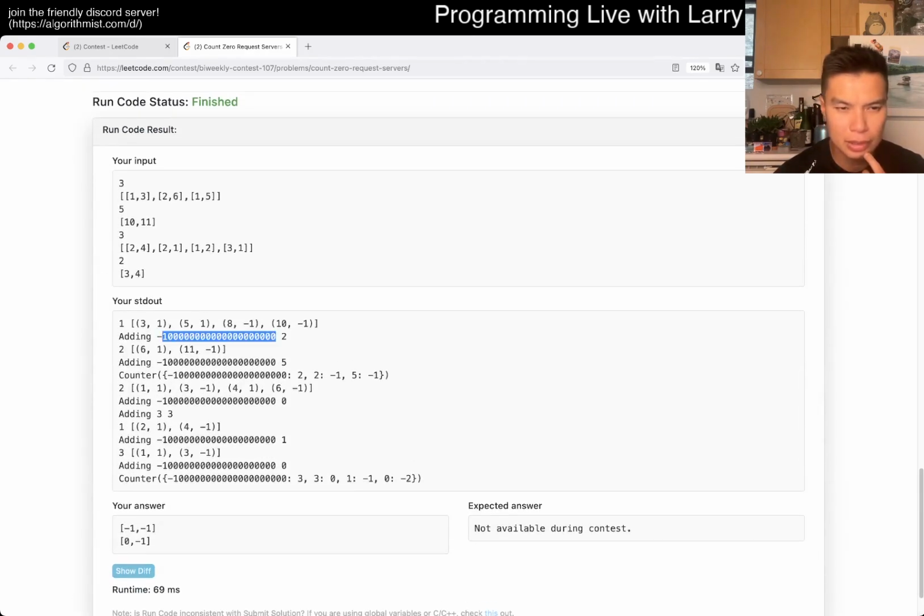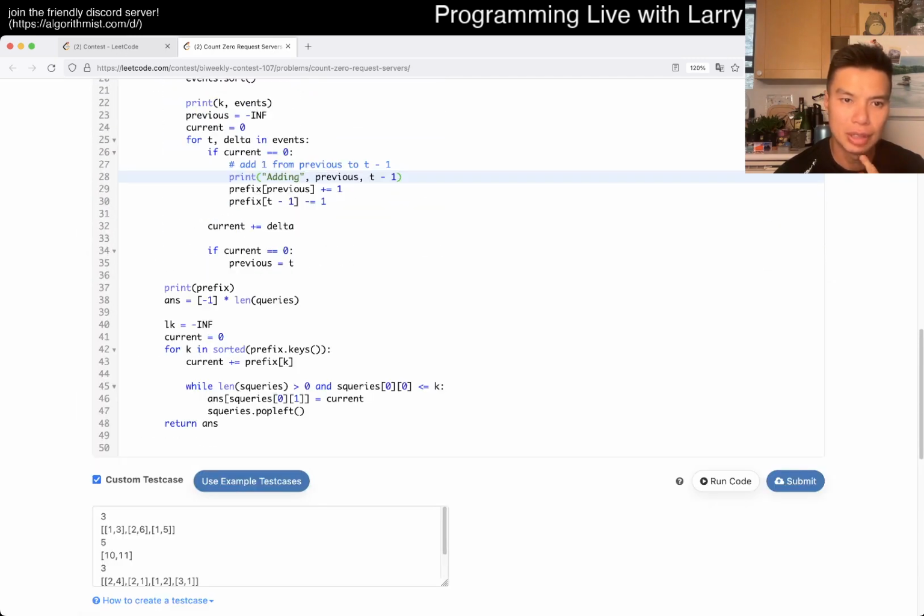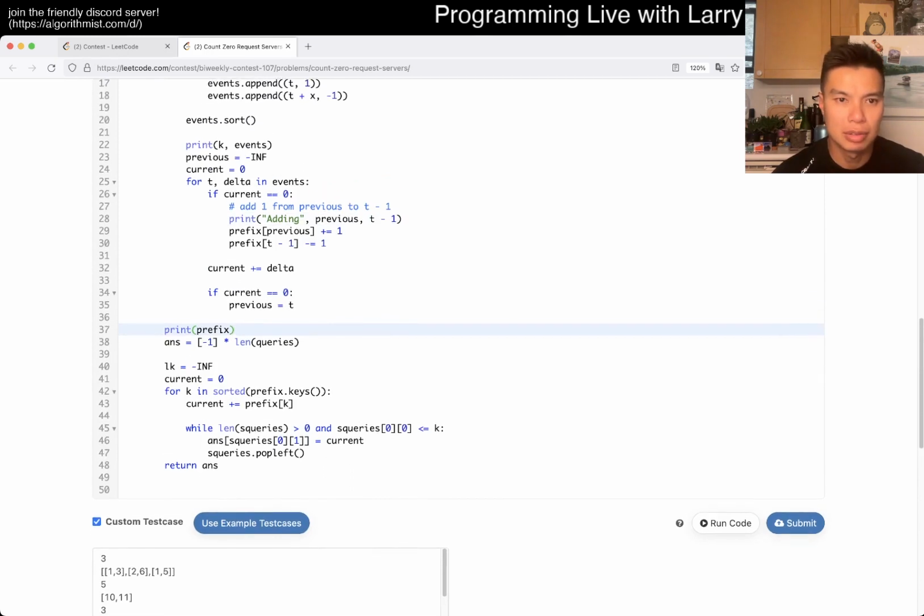Okay, so that's true, I think. But then, oh, I have to add another one from to infinity. Okay. So then now after all the events,